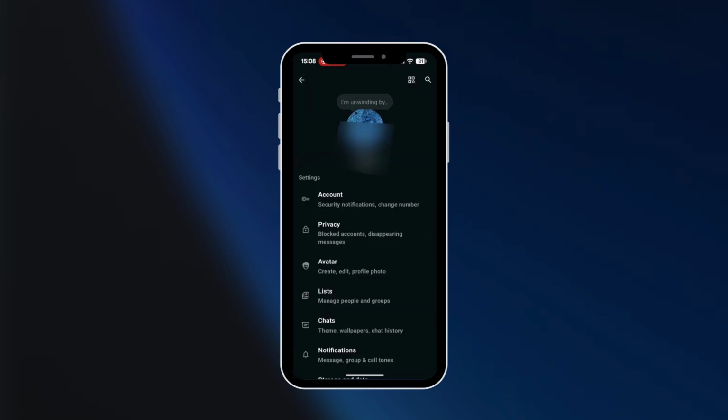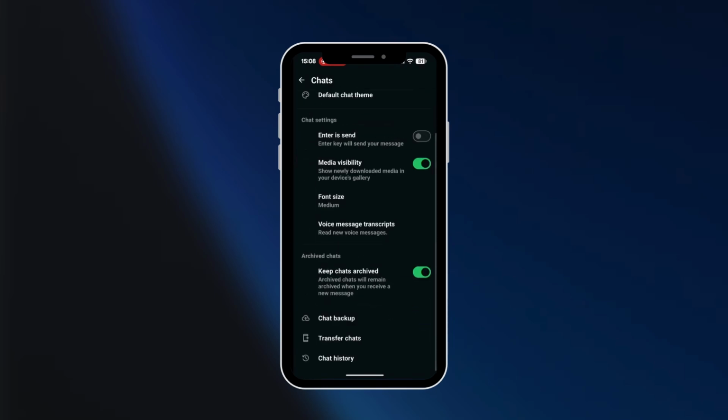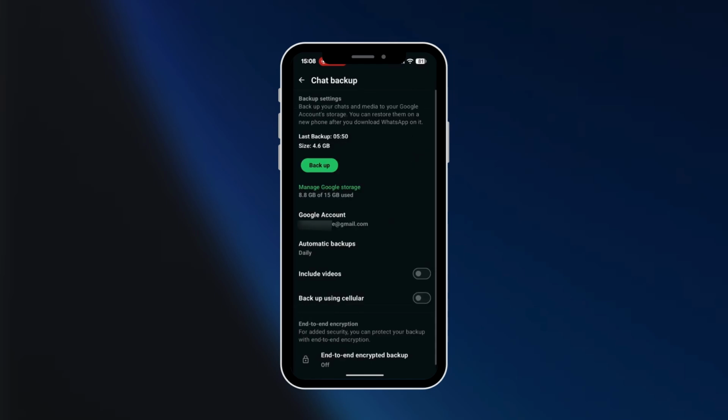Now under settings, you want to tap on chats. Then under chats, you'll see some options. Scroll down to find chat backup. It's among the last three options. So you want to find chat backup, tap on it, and there you see the chat backup dashboard where you